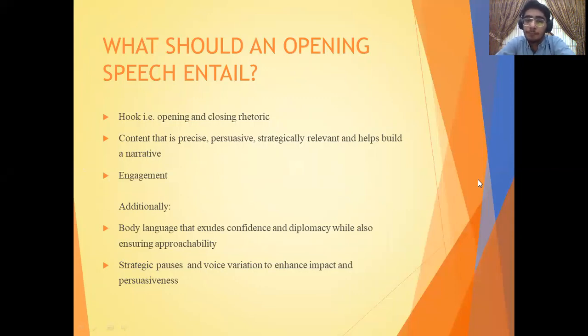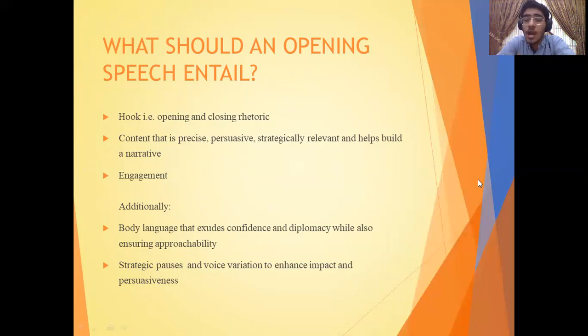I think that there are three crucial elements that an opening speech should essentially entail to varying degrees of importance, and you can spend varying degrees of time explaining each of these, but I think all three of them are important to have in any opening speech. The first thing that is important is rhetorical appeal, and what I like to call a hook, that is